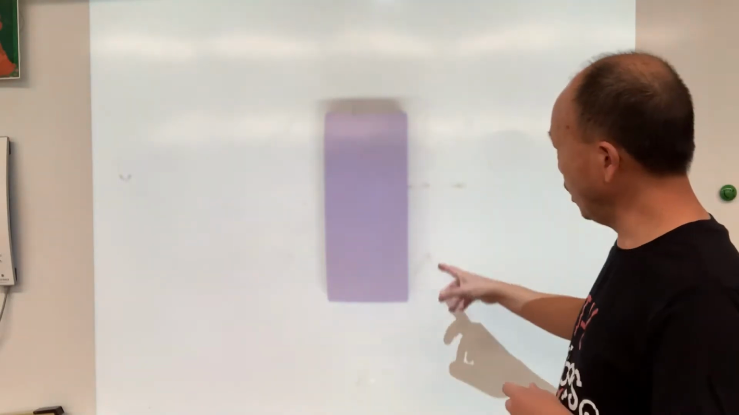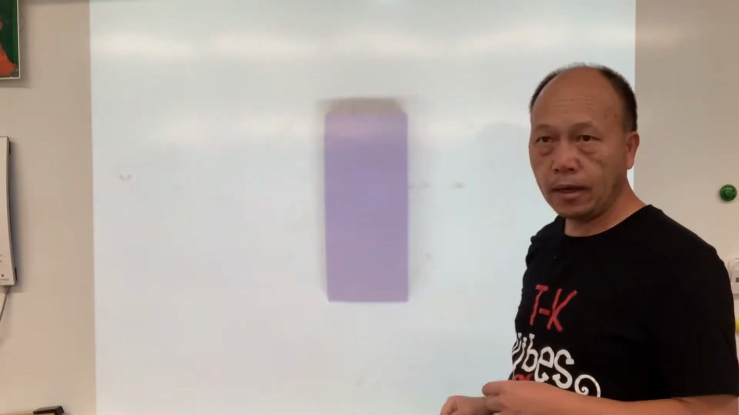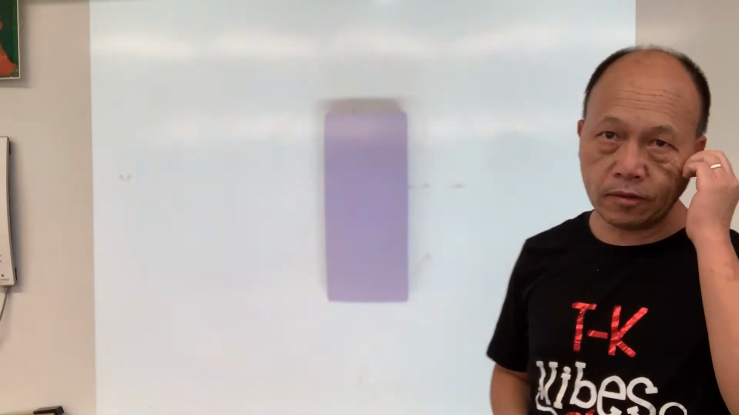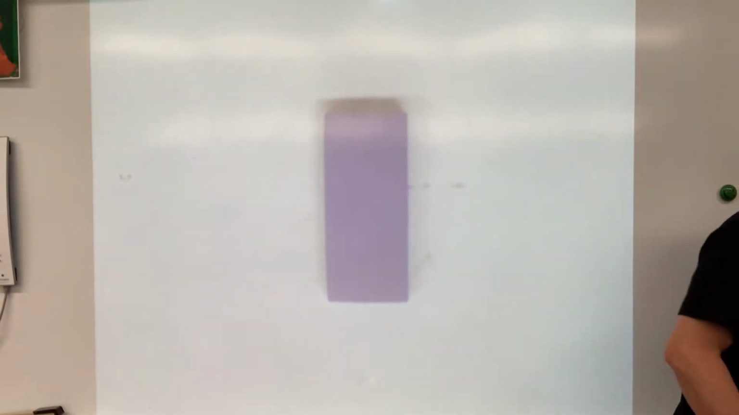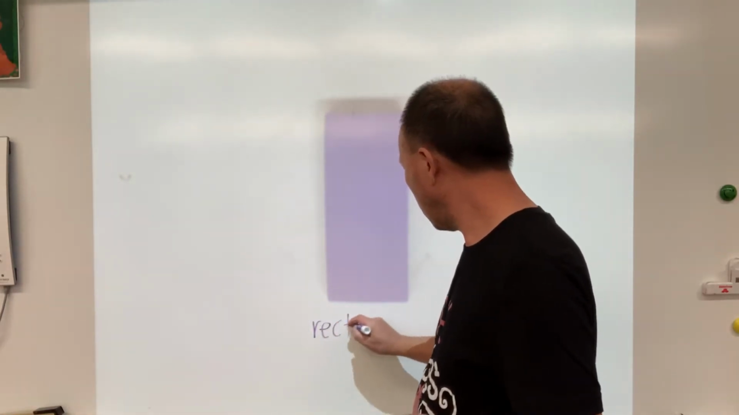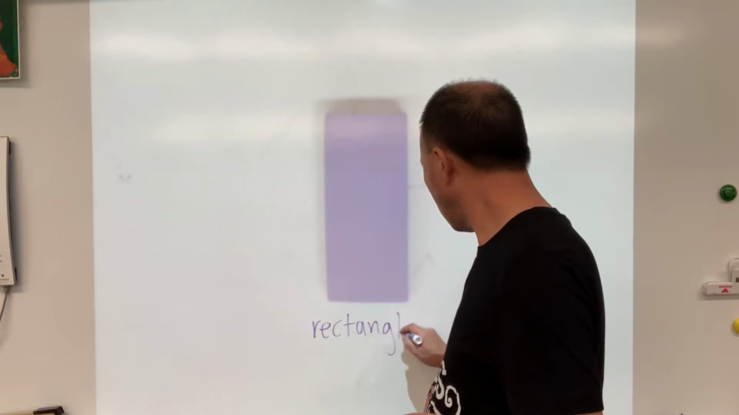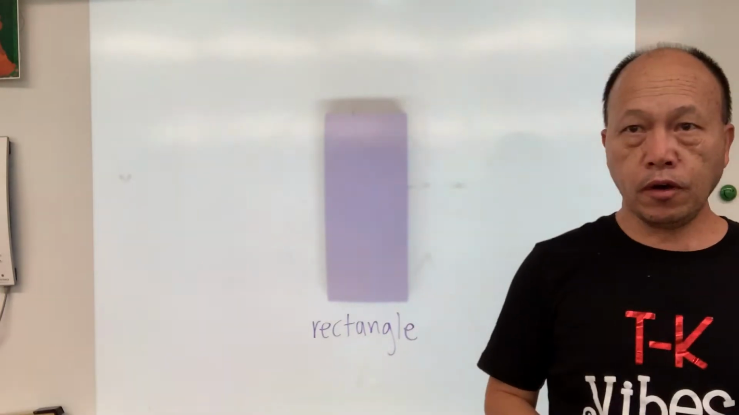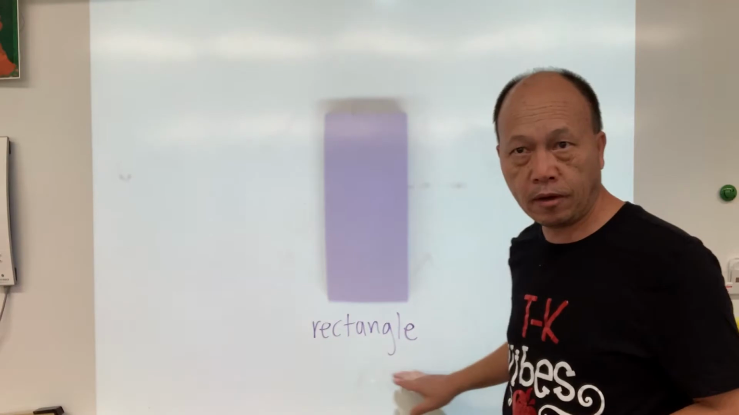I talked to you about the shape circle, the shape square, and the shape triangle. Now today, I want to talk to you about this shape, okay? And this shape is called a rectangle. Let me write the name rectangle. And so here's the name of the shape,